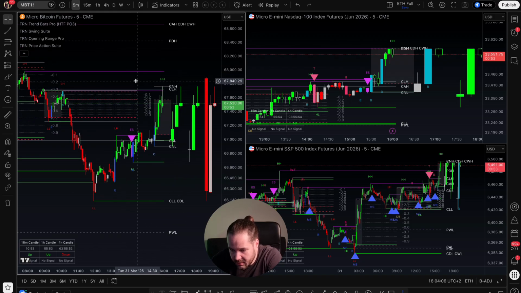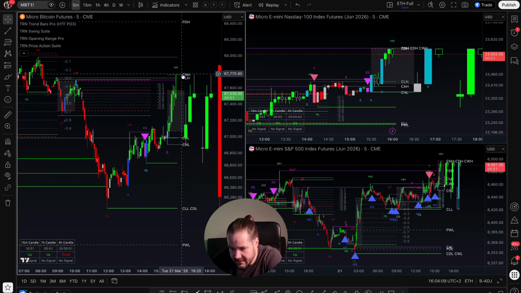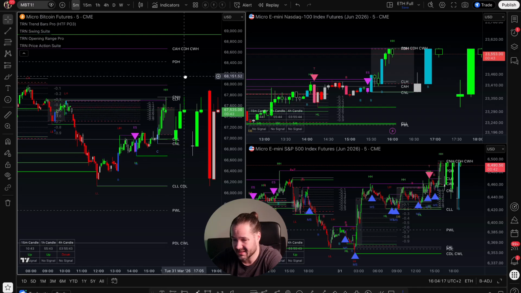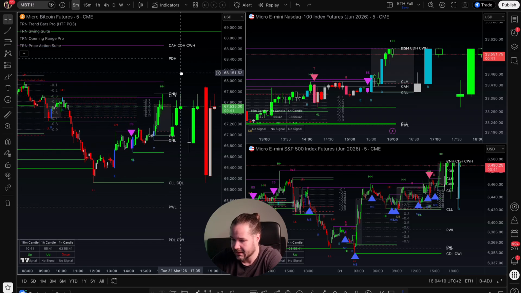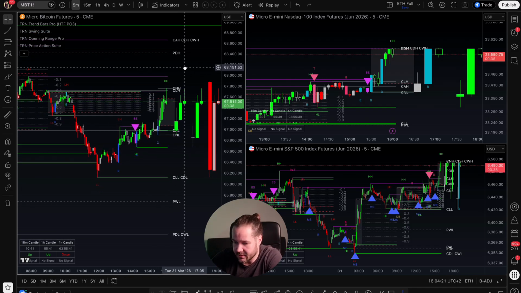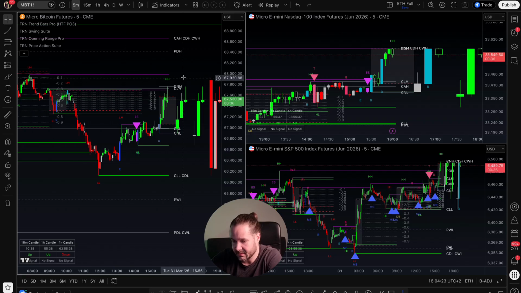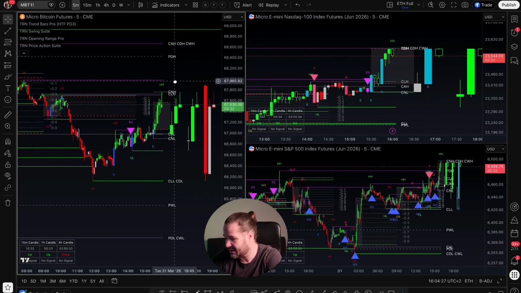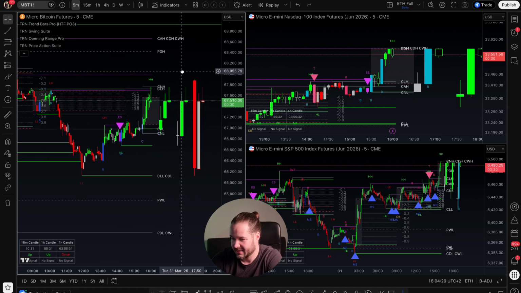Bitcoin really is showing a reaction here at this level. You can see this pin bar with the long wick. It's the first sign of a potential bearish reversal, but right now this is not a clean signal. Not all the criteria inside the TRN trading system are matched in this setup. That's why I'm waiting for the last few things that need to be matched, and then I would be